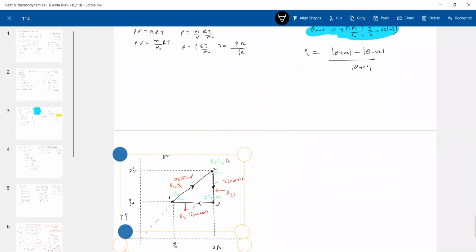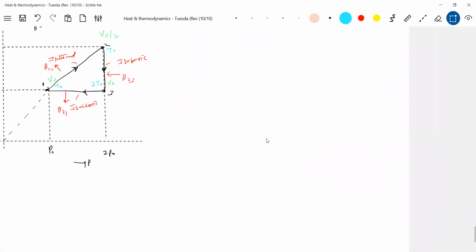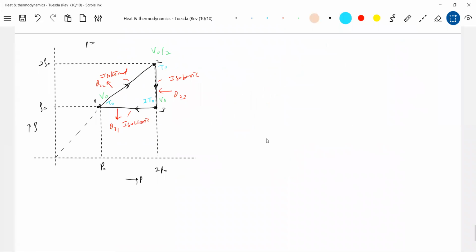Yeah, now look at this. Now we'll go for equivalent graphs. Everyone okay? That volumes are V naught by 2. First PV graph. What are the pressures? P naught to 2 P naught. Volumes are V naught by 2, V naught. Okay, substitute now. First P naught, what is point 1? P naught V naught is the point 1.